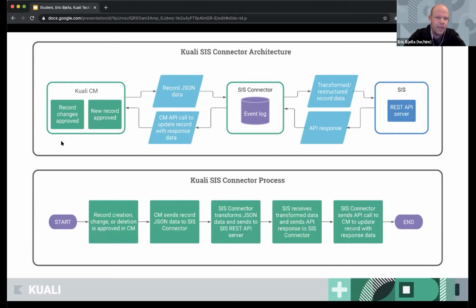So on the left-hand side, we have Kuali Curriculum Management, and we have a couple different types of records here. Here's a record where changes have been approved, and then maybe a new record was approved, or something like that. And when these types of events happen, we send the raw JSON data that we're storing within Curriculum Management to